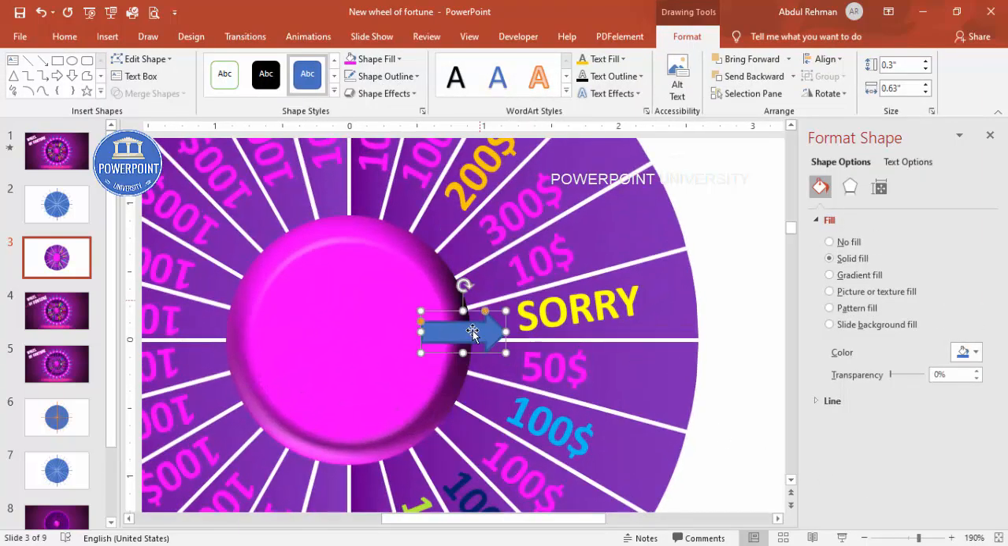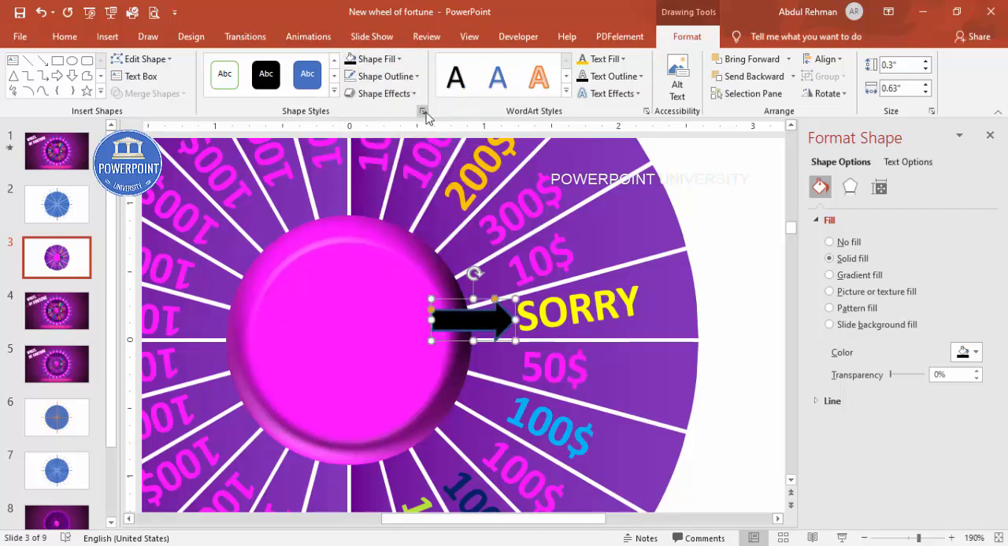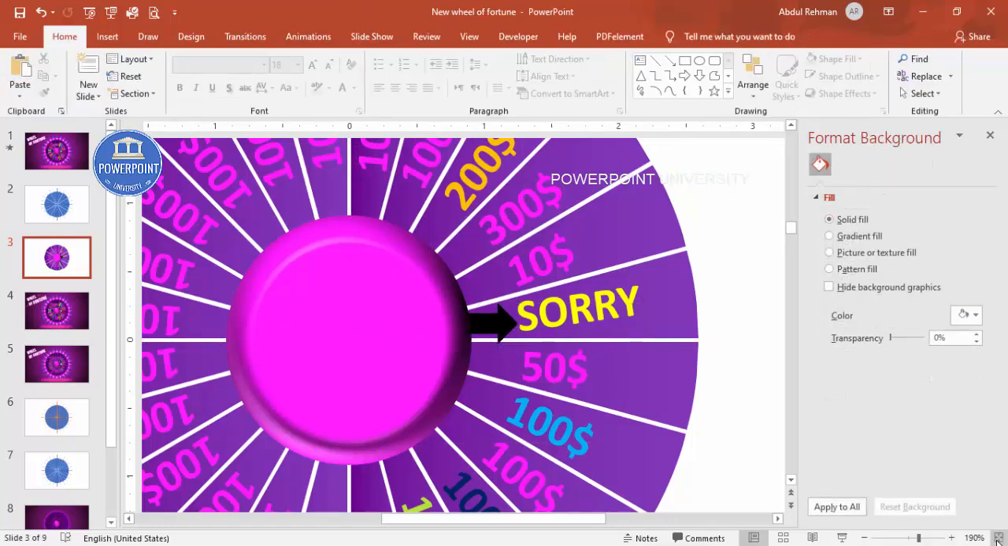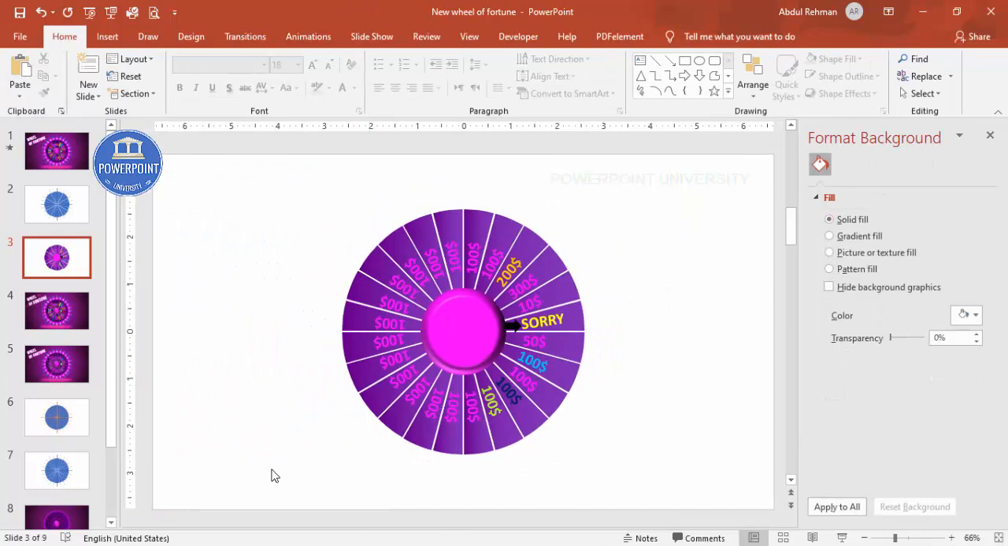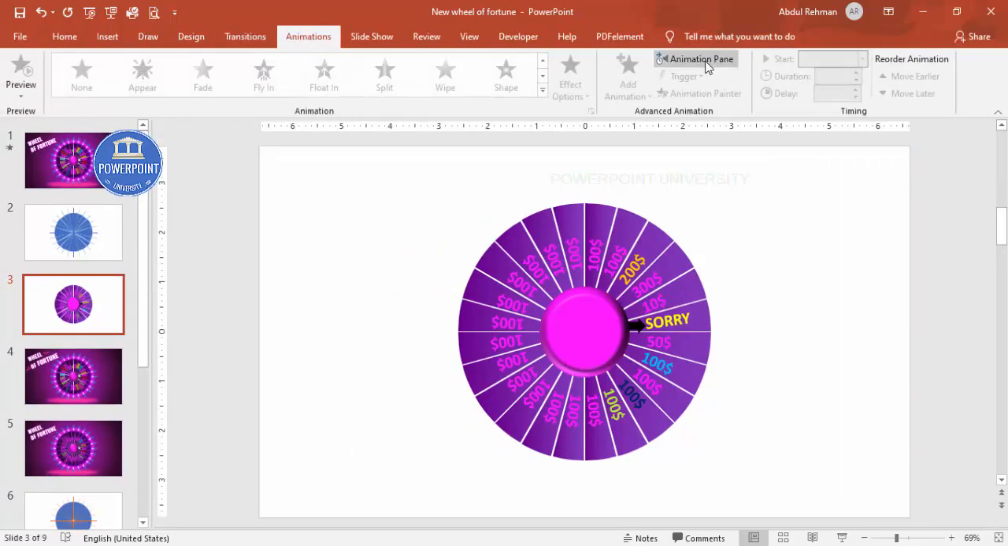Let me zoom in, and shape fill, maybe I can just make it black, or maybe I can make it white, whichever color which you feel better. Okay, maybe I'm just going to make it black for the time being. Shape outline, make it no outline, and then I'm just going to send this back. All right, so what happens here is, when the wheel spins,